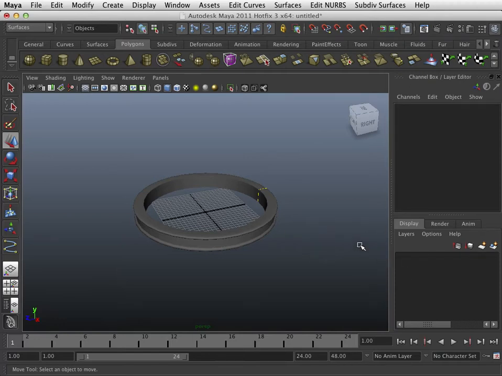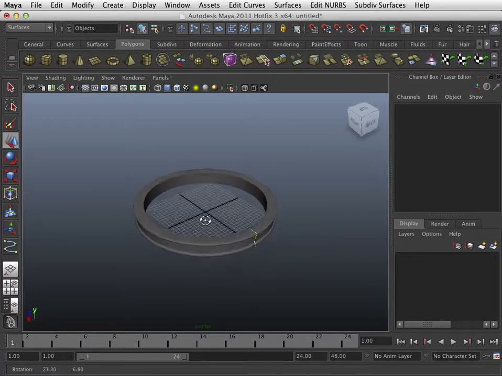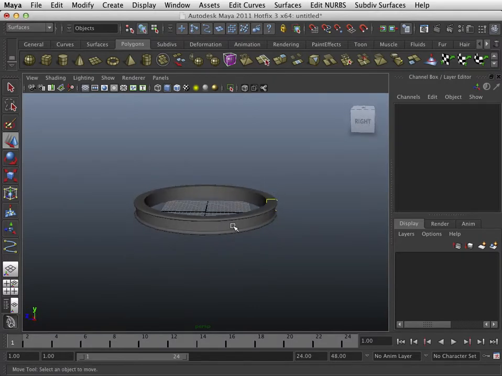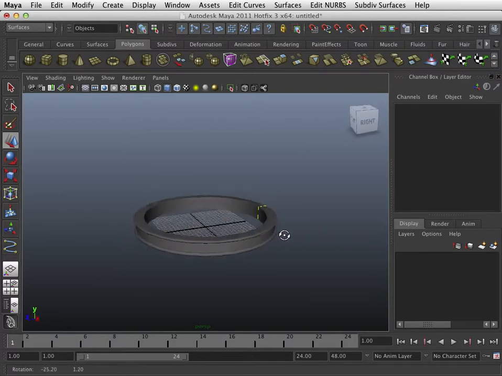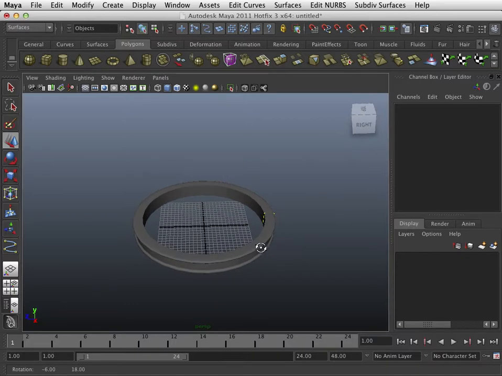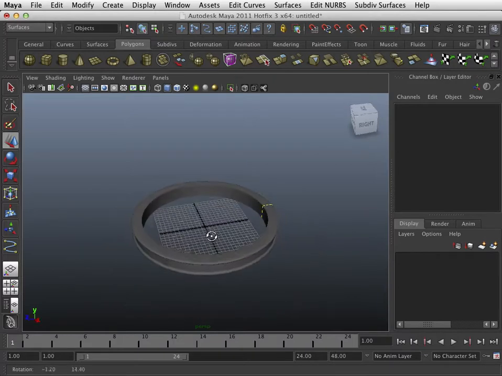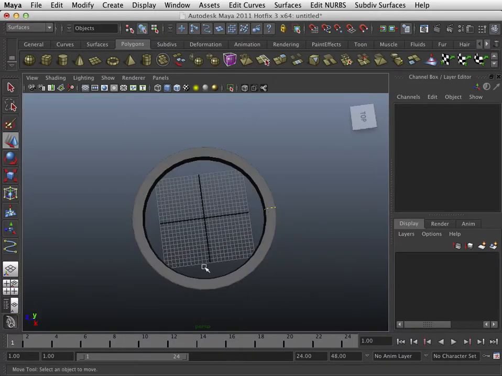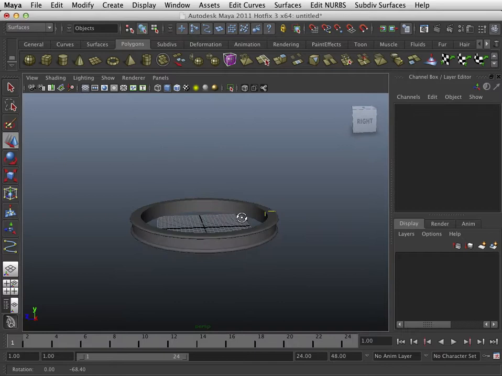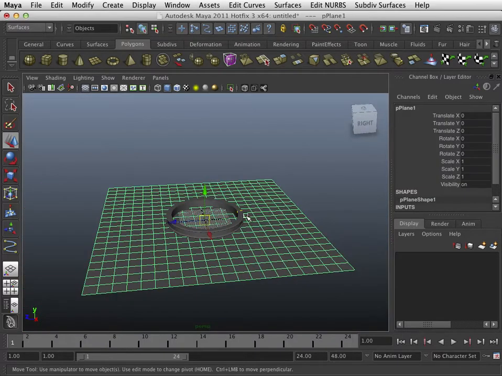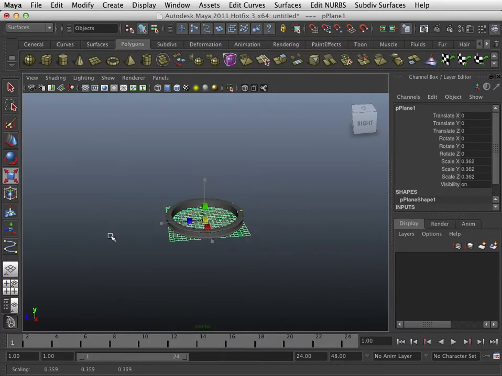Alright, here we are. We're back, and last tutorial we created the base for our snow globe. And in this tutorial we want to create kind of the snow and maybe import our snowman. And so to do that, I'm thinking we have a perfect circle here. So I could take a plane and scale it in,